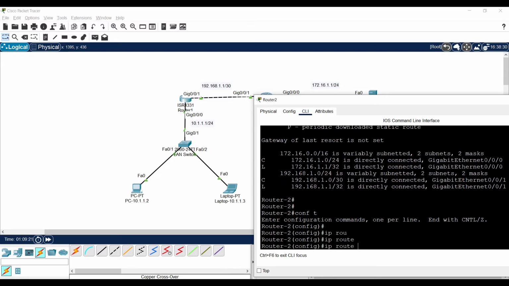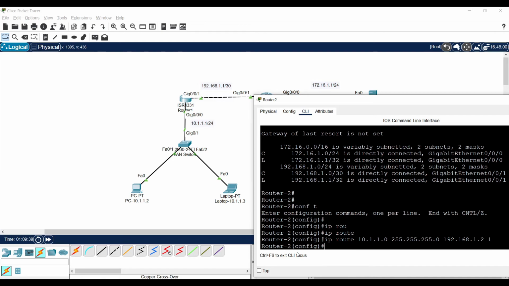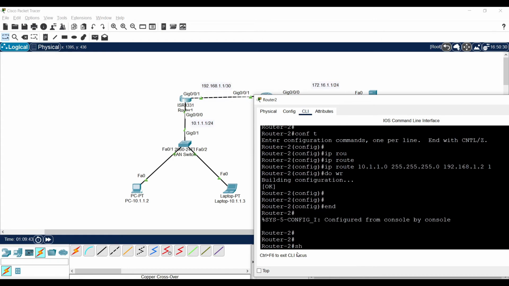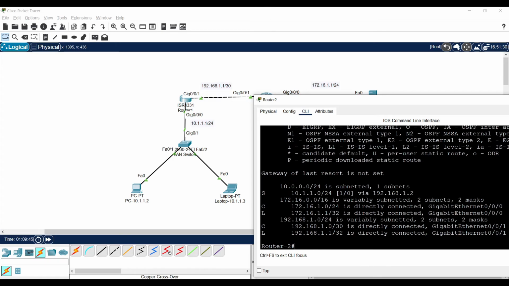Same ip route command. The destination network is this one, and the next hop is 1.2, and my admin distance. The route is taken. Now I statically added the route in my routing table.